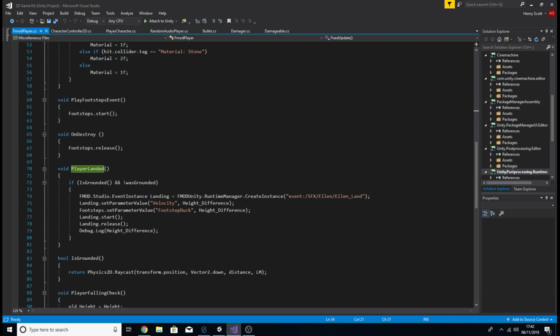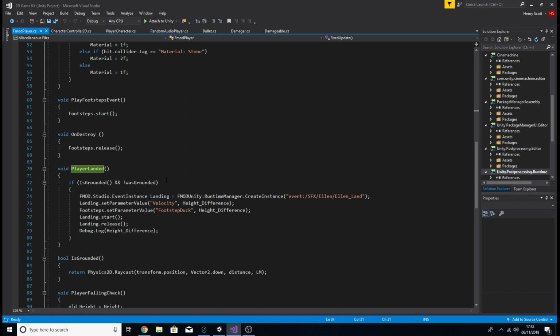One is called isGrounded, and the other is called wasGrounded. We're checking to see that isGrounded is true and wasGrounded is false. isGrounded needs to be true because obviously we want to check if the player is currently touching the ground. If they are, that means isGrounded is true, and we want to proceed with playing the sound. wasGrounded, we want to be